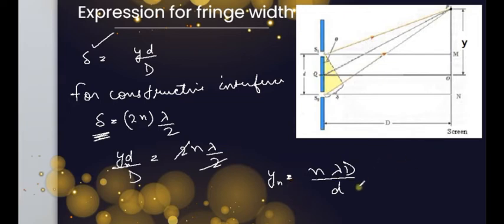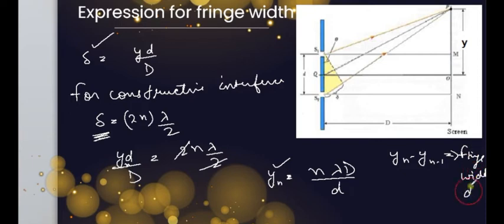For fringe width, we need to evaluate the gap between two locations. Earlier in the visual, between two bright fringes you have the width of a dark fringe. So when you subtract two locations, yn minus yn minus 1, you will obtain the fringe width